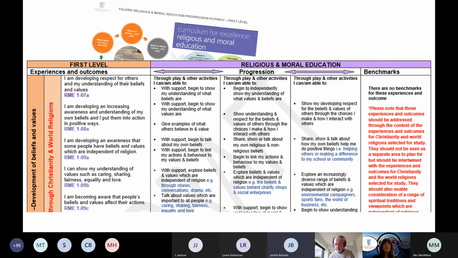So we thought it would be useful just to pop that slide up, just to give you an idea of how the policy documents in our council are trying to interlink to genuinely get that streamlining going right across the curriculum.